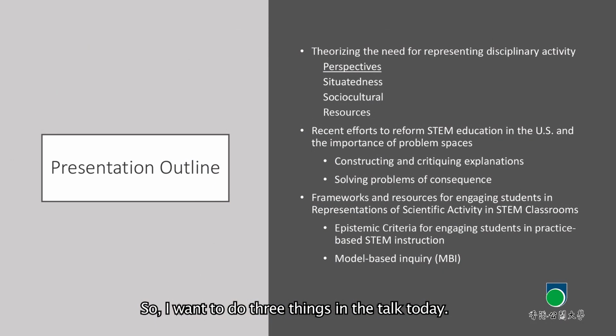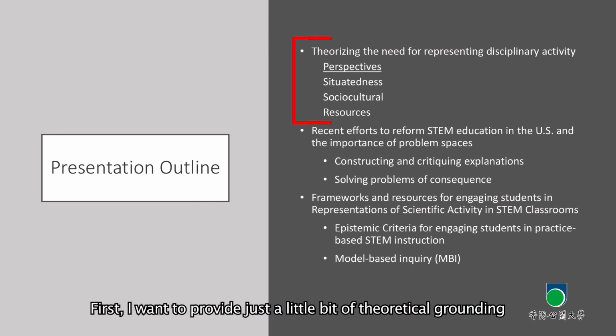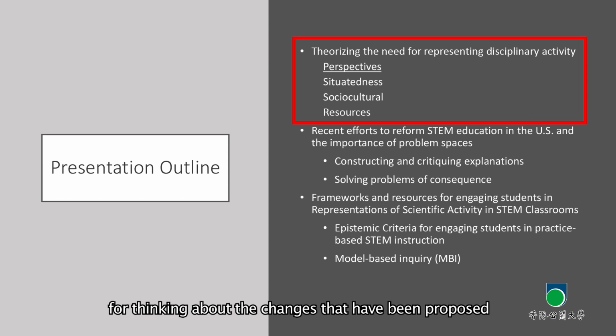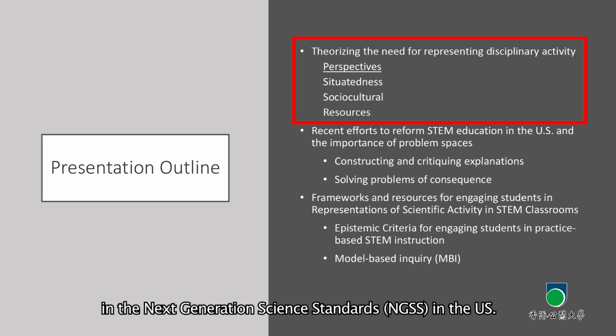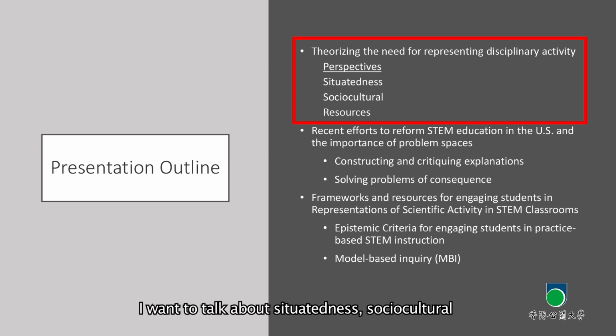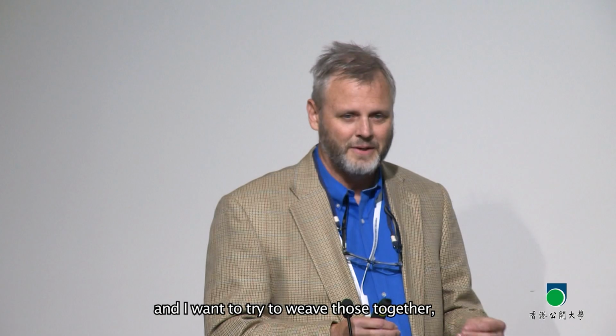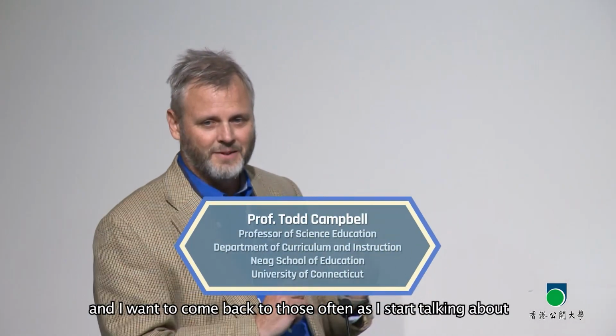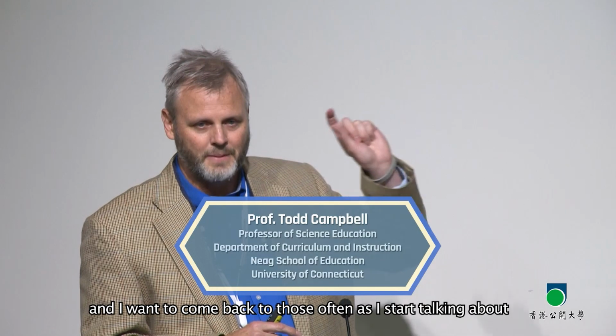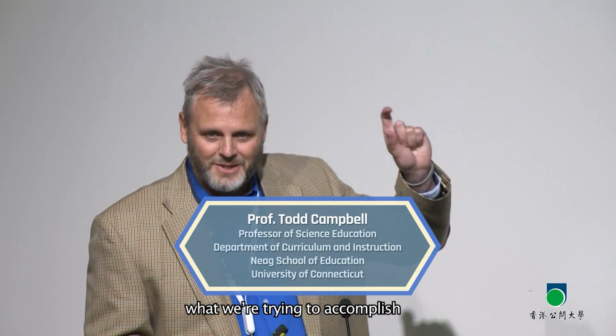Here's the presentation outline. I want to do three things in the talk today. First, I want to provide a little bit of theoretical grounding for thinking about the changes that have been proposed in the Next Generation Science Standards in the U.S. I want to talk about situatedness, sociocultural and resource perspectives on learning, and try to weave those together, and I want to come back to those often as I start talking about what we're trying to accomplish